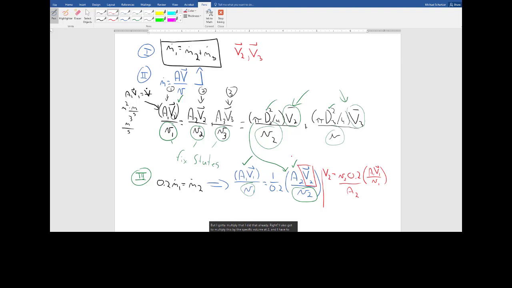I can just quickly look at units here, right? If I look at units, this specific volume is meters cubed per kilogram. My fraction has no volumes, no units, 0.2. This area is going to be meters squared times velocity in meters per second. And then in my denominator, I'm going to have meters squared down here. And this specific volume is going to be meters cubed per kilogram.